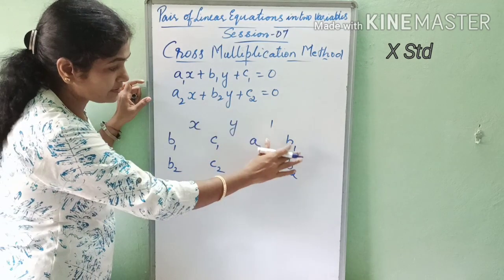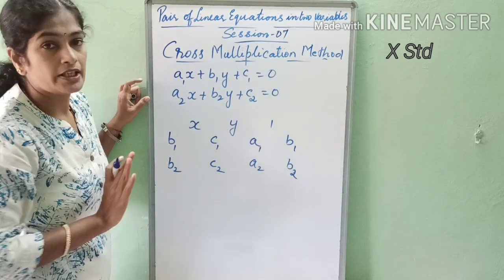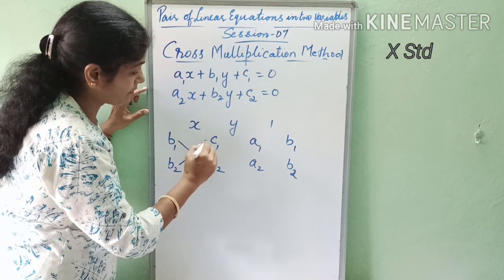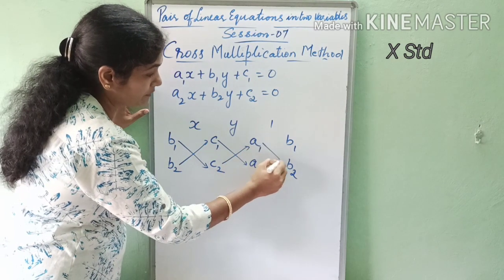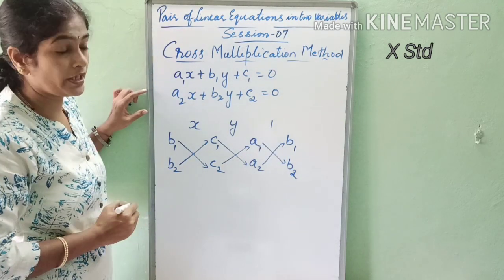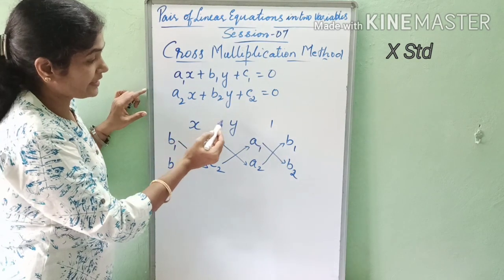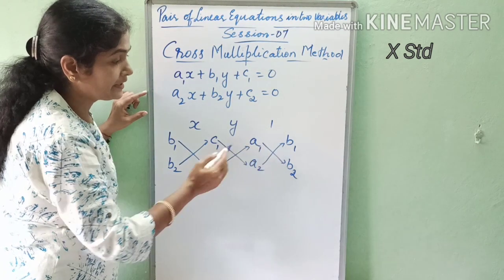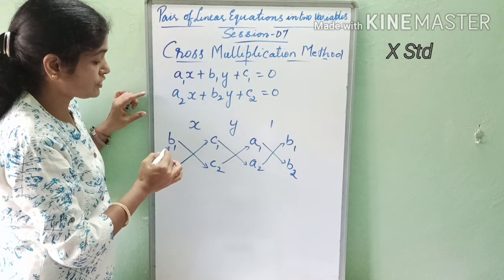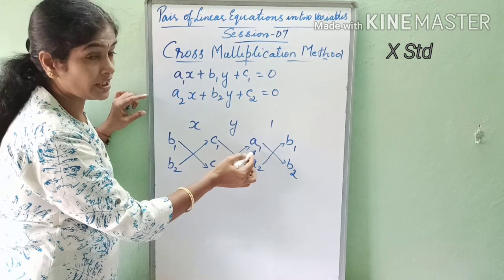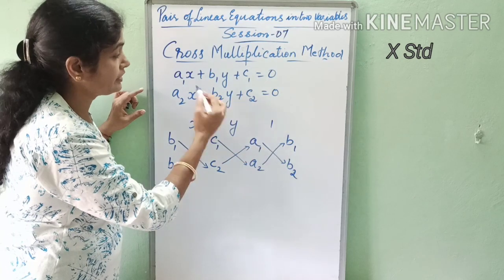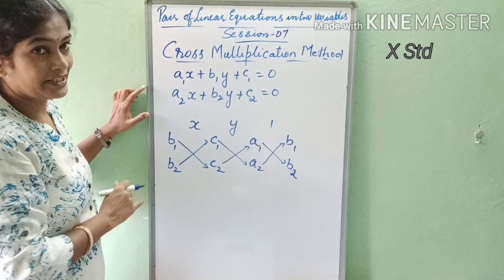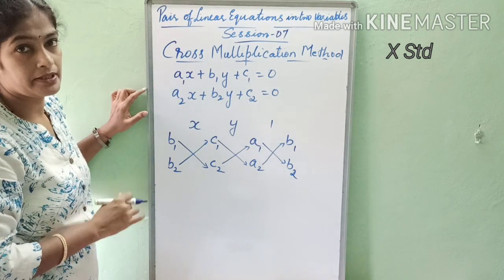Then this diagram you have to remember systematically. Then this is down arrow first, then up arrow, down, up, down arrow and the up one. Okay. That means when we write x, y and 1, the coefficients we are writing here b1, c1, a1 and b1. That is b1 is nothing but coefficient of y, c1 is constant, a1 coefficient of x and b1 again the coefficient of y. Now once we write like this is a standard equation. When we consider an example, it becomes more clear to you.